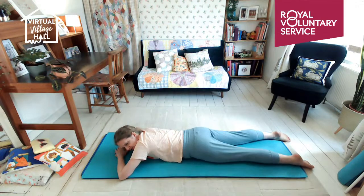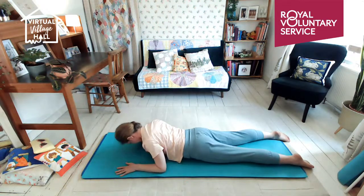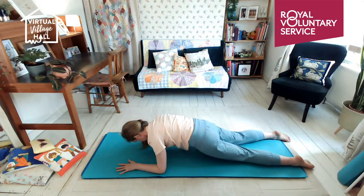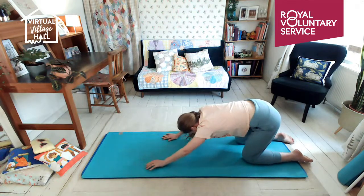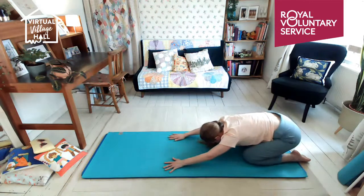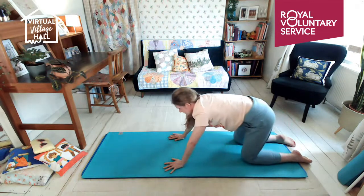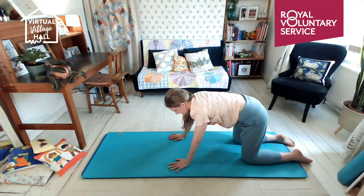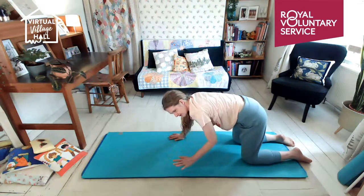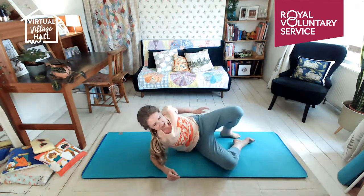And then options, you can either push back, so you can take yourself where we did at the start, where you're on your forearms, and push right back. Keep pushing until your bottom is settled down towards your heels. And there are options here of putting cushions in and being a little higher. If that's not for you, especially if your knees get uncomfortable, take yourself onto your back